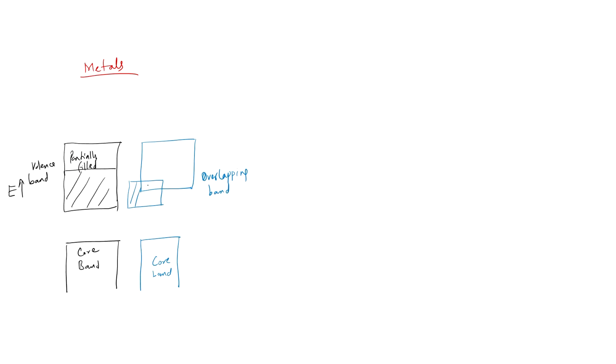So, this would be filled, this is empty, and again in the context of availability of energy states, it will be construed as a partially filled band. So, there is an overlap between the two. This is how metals are. If you look at semiconductors or insulators,